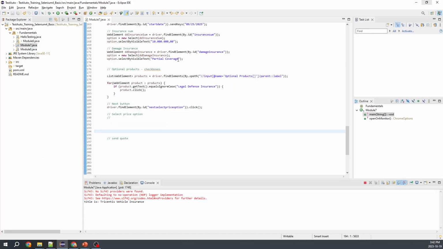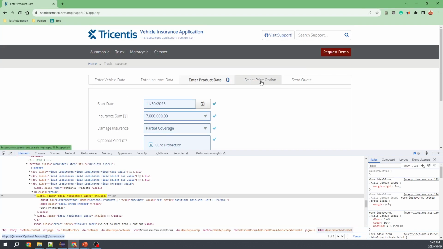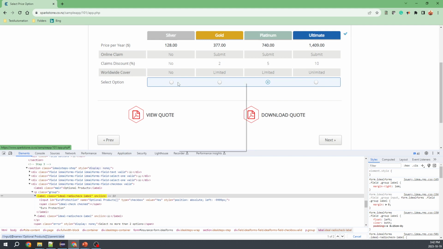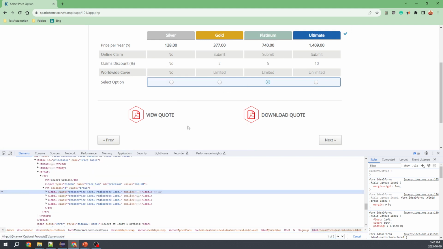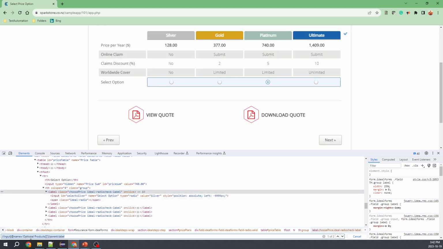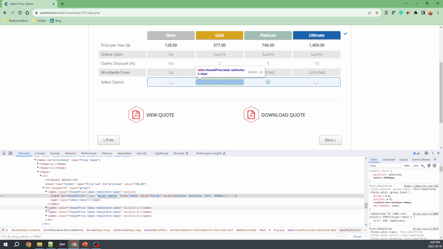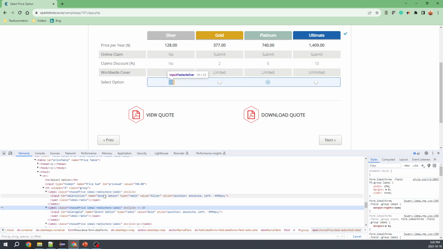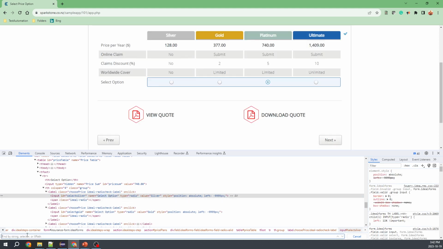I will close this application, go back to our application, which we are using for all this kind of purpose. I will select an XPath. So if I go here and try to find, let me delete this XPath and try to find it. Its name is select option. Let's say use the name because select option. Yep, use the name, and it's an input,